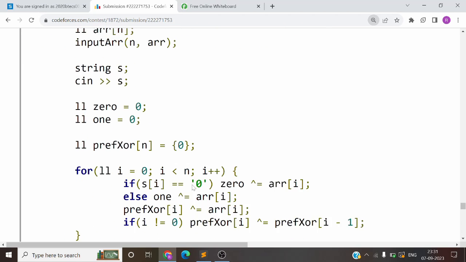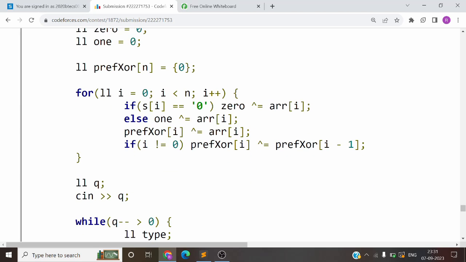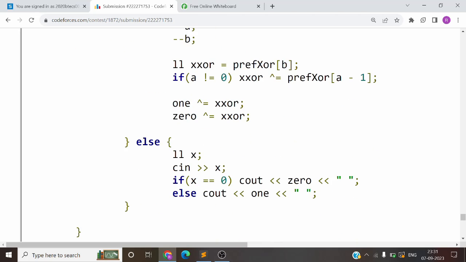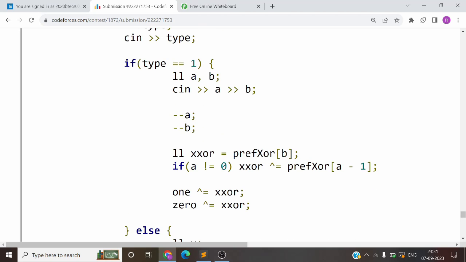अगेन प्रीफिक्स जोर हमने कैलकुलेट किया है। यहाँ तक तो बेसिक स्ट्रिंग वगैरह इनपुट लिए, प्रीफिक्स जोर कैलकुलेट किया, विच इज अगेन वेरी कॉमन थिंग। साथ में हमने जीरो और वन को भी प्री कैलकुलेट करके रख लिया है, जीरो और वन के जोर को। नाउ फॉर ईच क्वेरी वी आर चेकिंग, अगर वो टाइप टू की क्वेरी है तब तो उसमें जीरो वन फिल कर दो। बट अगर वो टाइप वन की क्वेरी है तो हम क्या कर रहे हैं, सबसे पहले